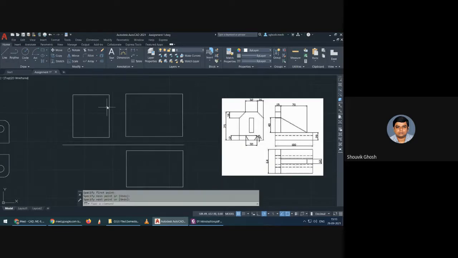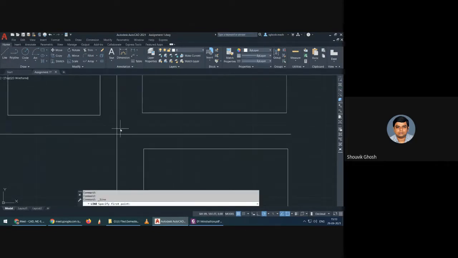Okay. So by the projection principle, the object must be equally spaced from the axis. So what I will do, I will just create a reference line over here. So these are the reference points.